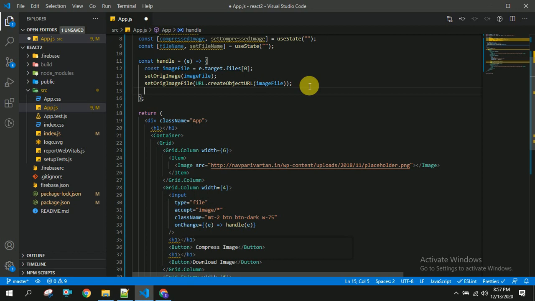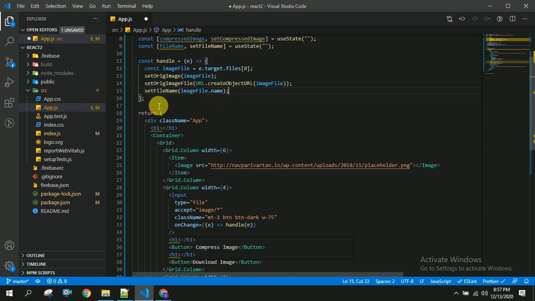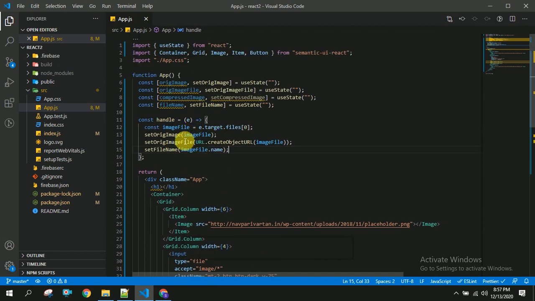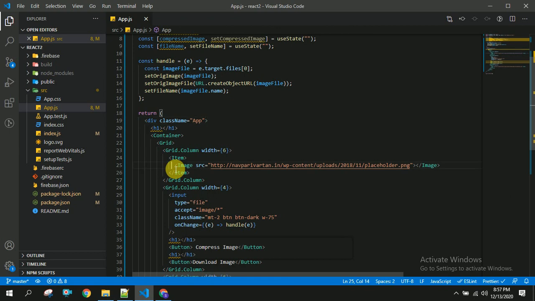Now we are going to set file name, set file name of image file.name. So once this is done, you will be getting this image file into this original image file, original image and file name. So let us take this original image, copy this, and we will be showing the preview of the image selected to the user.